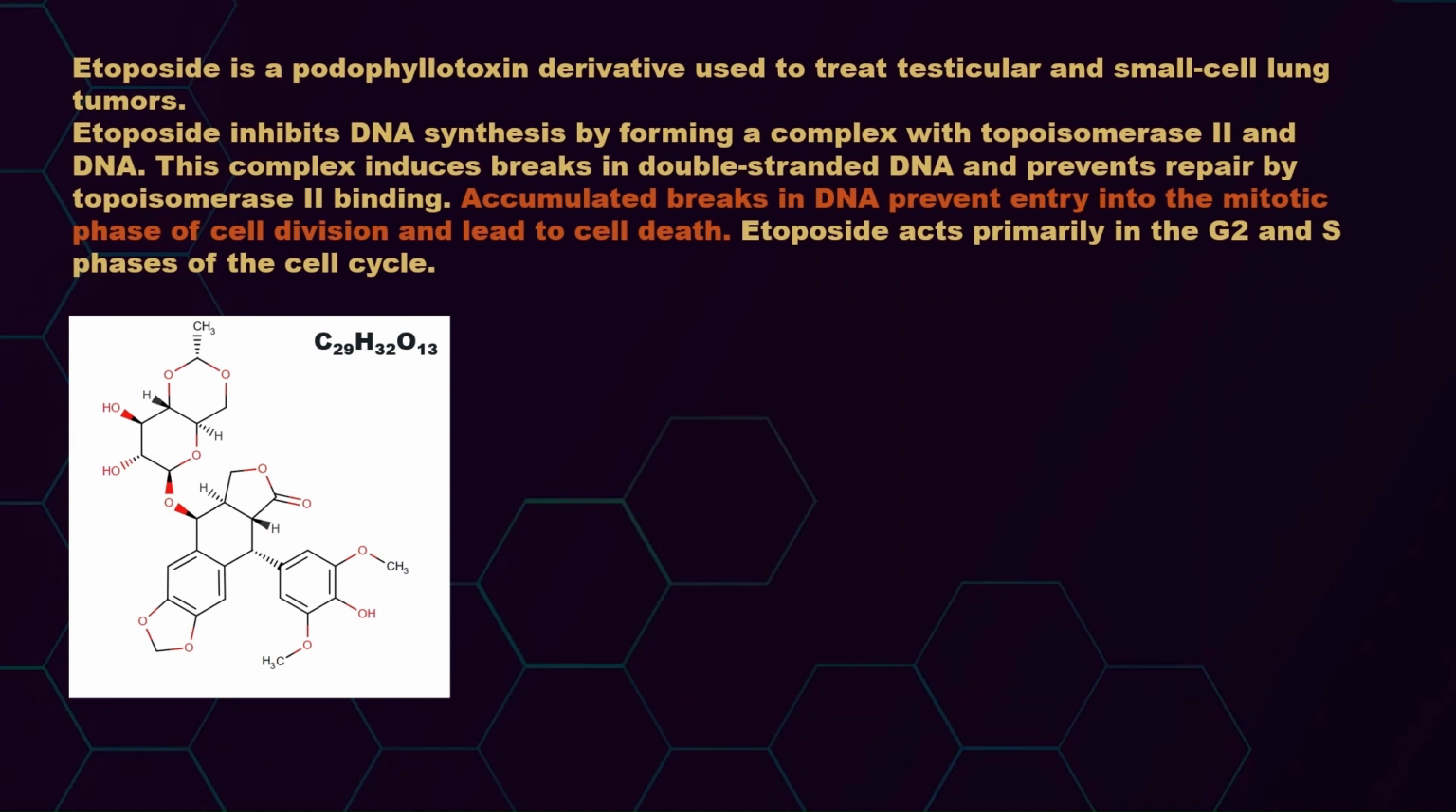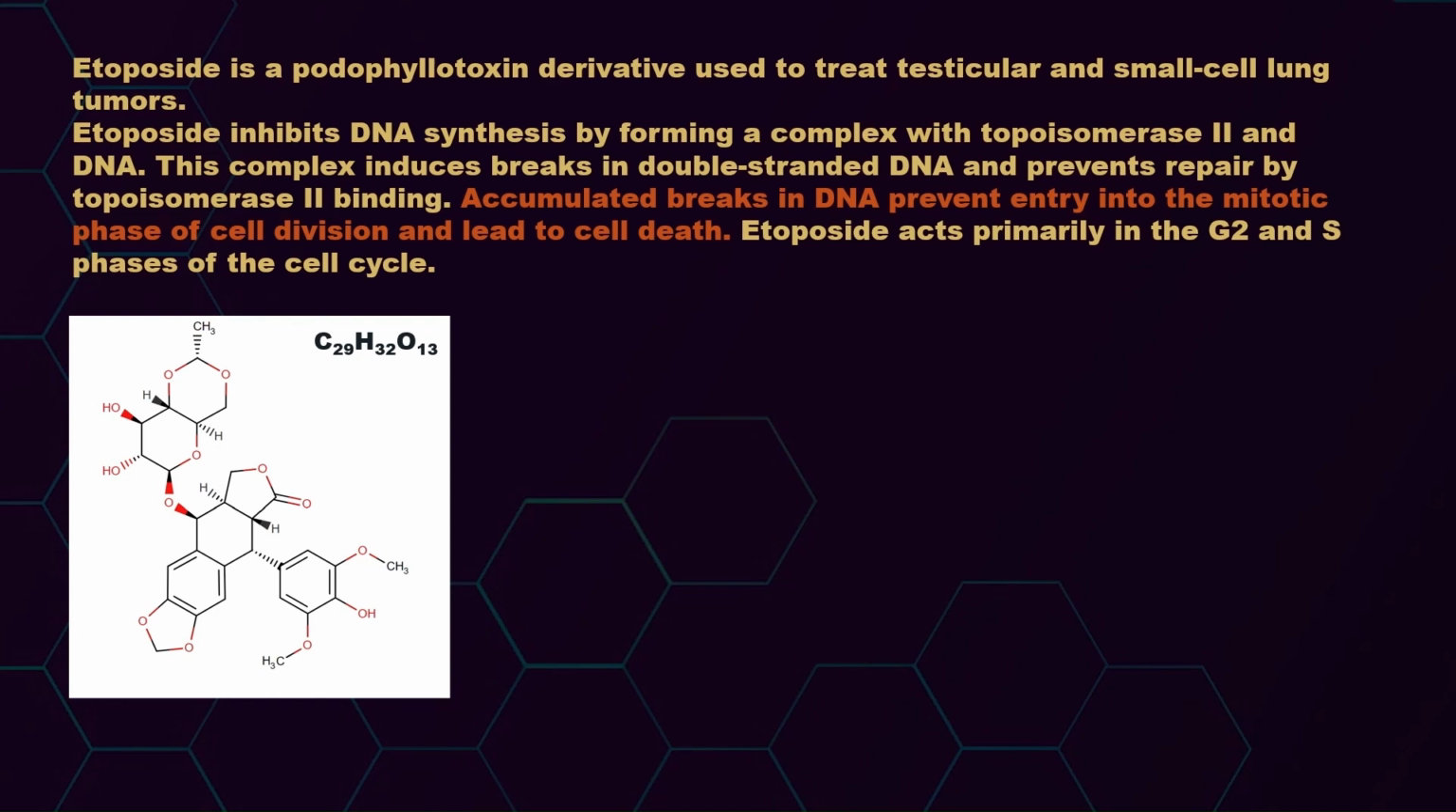Next one is etoposide. It is a podophyllotoxin derivative. It is used in treating small cell lung cancer. So what it does, it inhibits the DNA synthesis by forming a complex with topoisomerase 2 and DNA. So this complex induces breaks in double-stranded DNA and prevents repair by topoisomerase 2 binding. So there will be no repair. So if there is no repair, the breaks get accumulated in DNA,